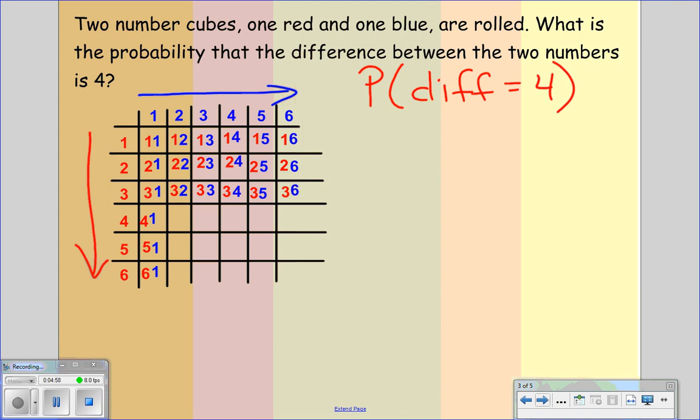Right? We could have a 4 and a 2, a 4 and a 3. We can have a 4 and a 4. We can have, oh, sorry about that. We can have a 4 and a 5, a 4 and a 6, right? And you could be writing all this on your paper so that you have it because you will need it, all right? So we can have a 5 and 2,